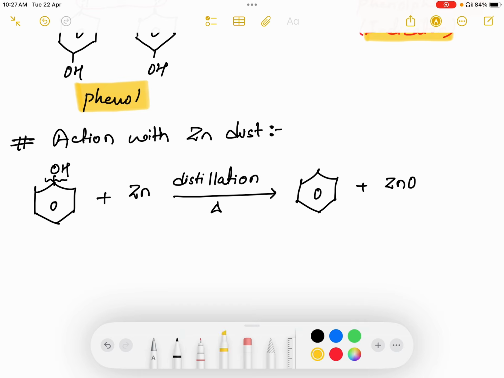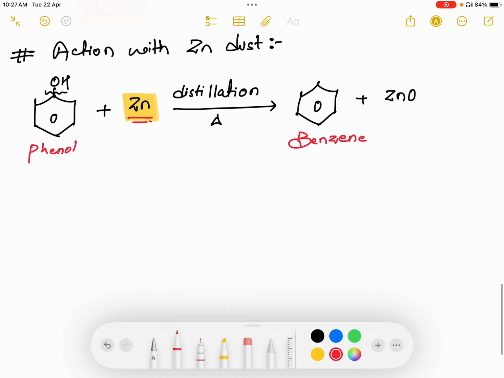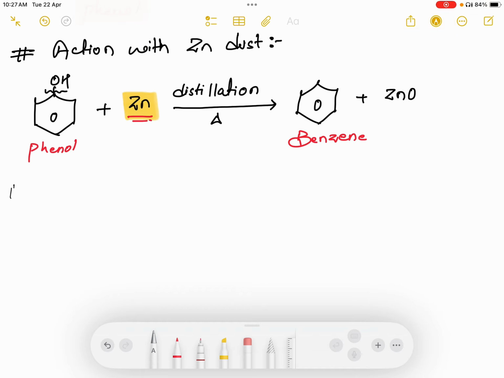If you want to convert phenol to benzene, what you need to do is treat it with zinc dust. So that is the only way to convert phenol into benzene. Okay. Next we have